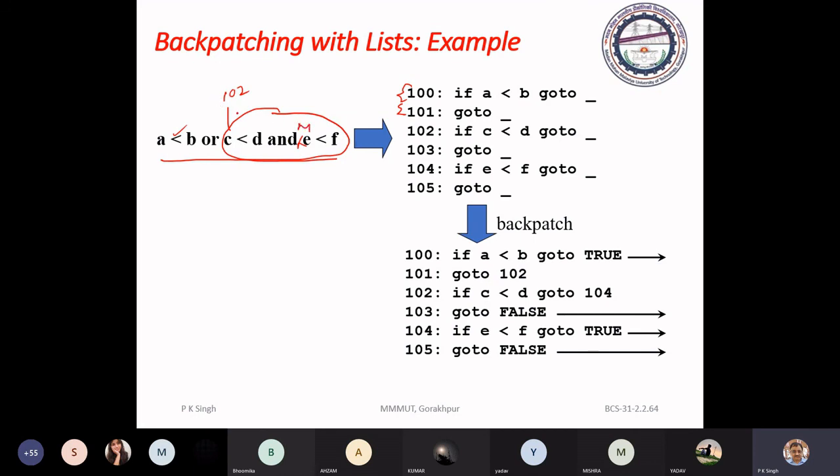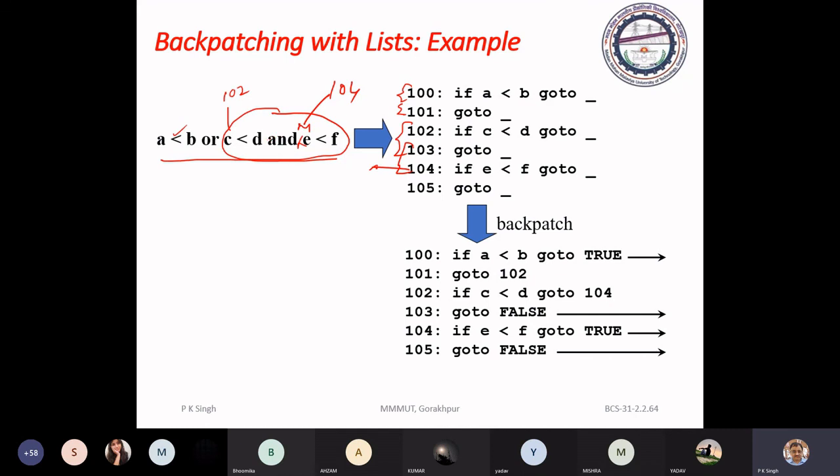Suppose C is less than D is this. These two. And it will be 104. This will say about 104.